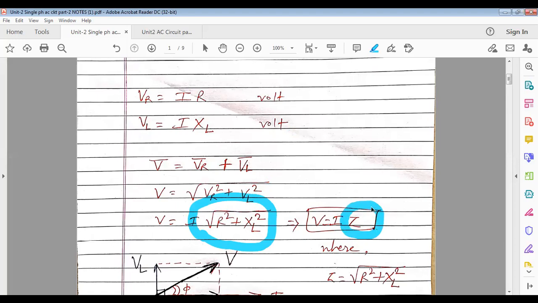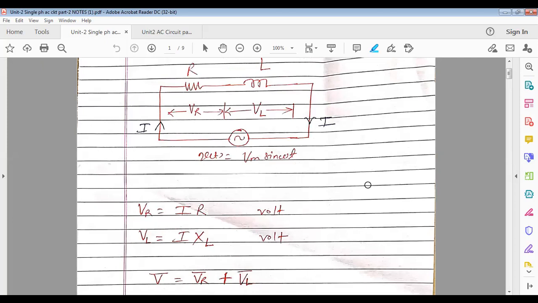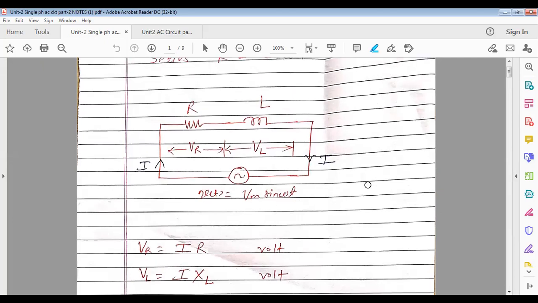Impedance: when you have to consider impedance, I told you, in DC circuits we learned only resistances were there, so the total equivalent resistance we mark by capital R. But in AC circuits, whatever we are going to learn in this unit, any load you switch on is not purely resistive, not purely inductive, not purely capacitive. Some value of inductance is there, some value of capacitance is there, because a number of loads get connected on a transformer, across a generator, or over a state, or all over a district. So it's a combination of various types of load.